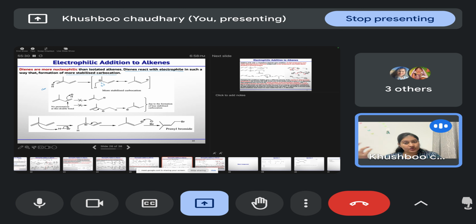So whenever a nucleophile comes, it will attack in such a way that this more substituted alkene will form. So in the case of dienes, a more substituted alkene will form,